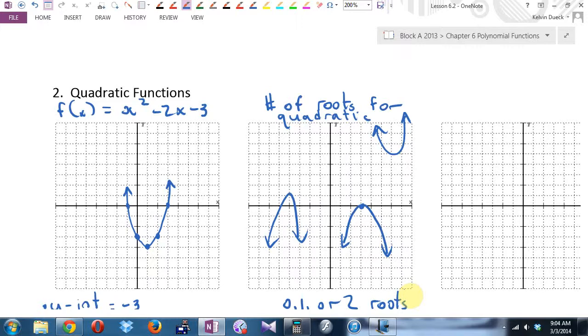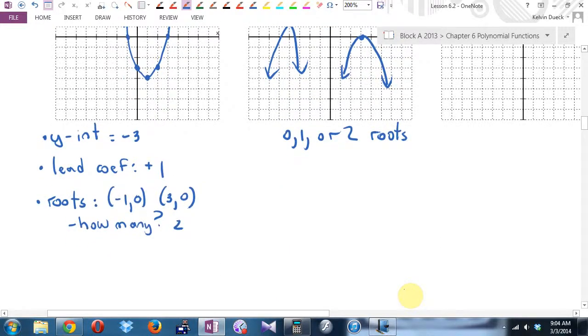Care to guess what the most number of roots you can have for a quartic function is? 4. One of the reasons the degree is so important, it tells you when to stop looking for roots. It doesn't guarantee you have 4 roots, but it says if you found 4, you can quit. Or if it's an x to the 5th equation, if you found 5 roots, there are no more. Could be fewer, but